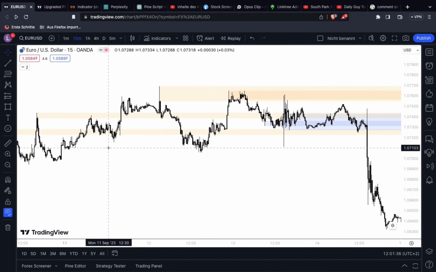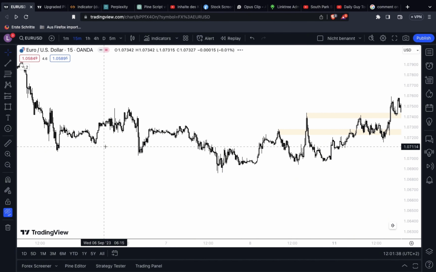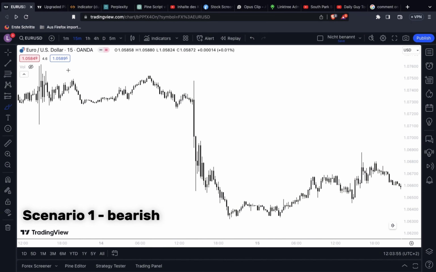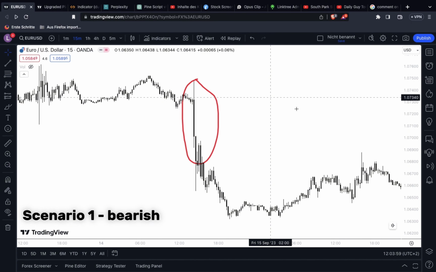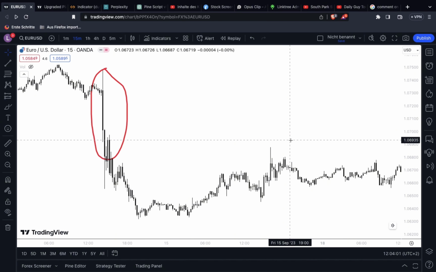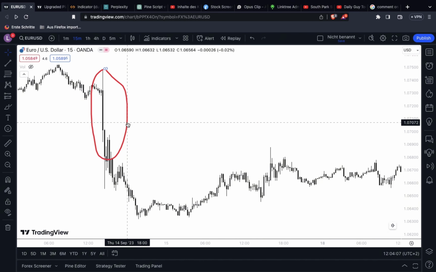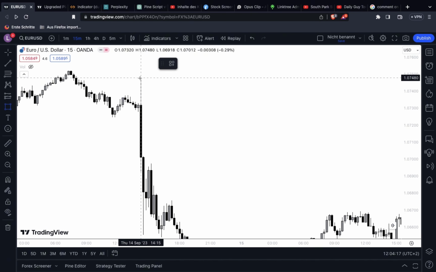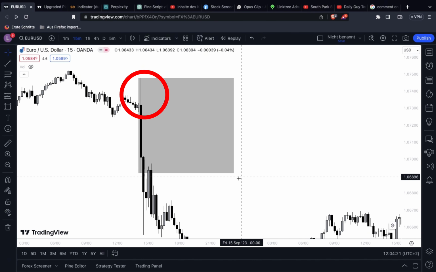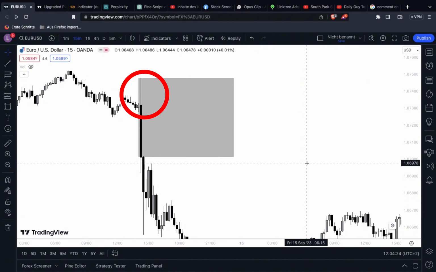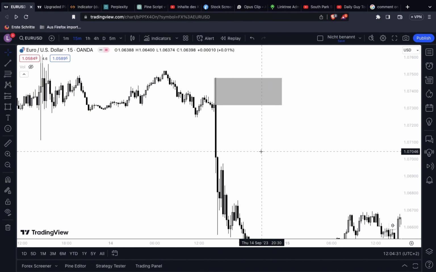There are actually two ways to look at order blocks. Scenario 1. We look out for spots before price has made big or even huge moves, for example, downwards, making a trend reversal. Now, determining the actual order block zone is not very easy. There are multiple ways to do this. Generally, you take the upper wick of the uppermost candle or even the whole uppermost candle as the order block